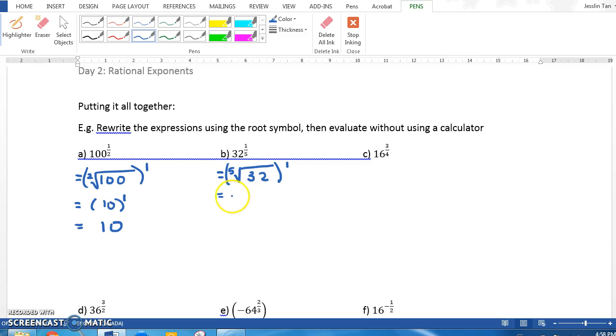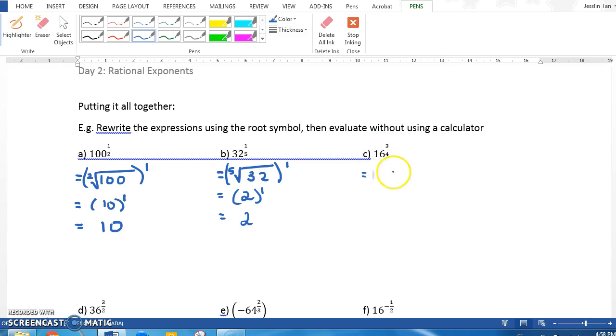And so what number multiplied by itself 5 times gives me 32? So that works out to be 2 to the exponent 1, so that's equal to 2. So now if we start using exponents that have a number other than 1 in the numerator,